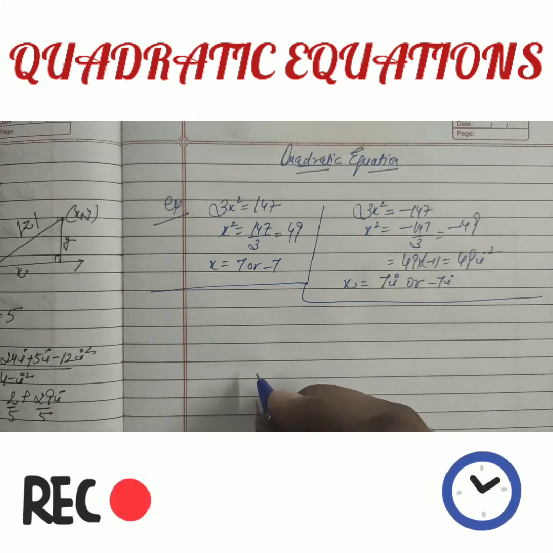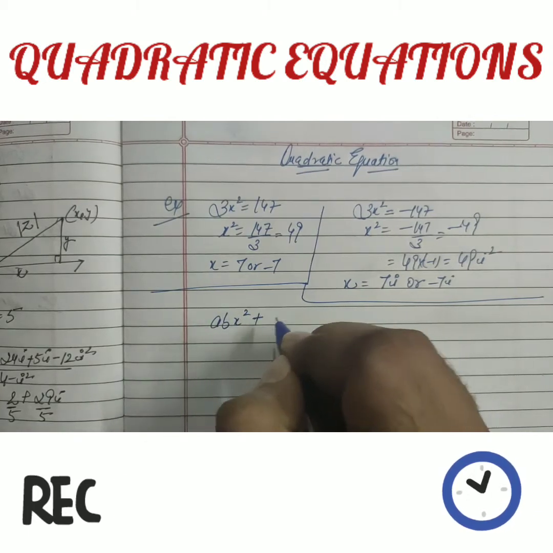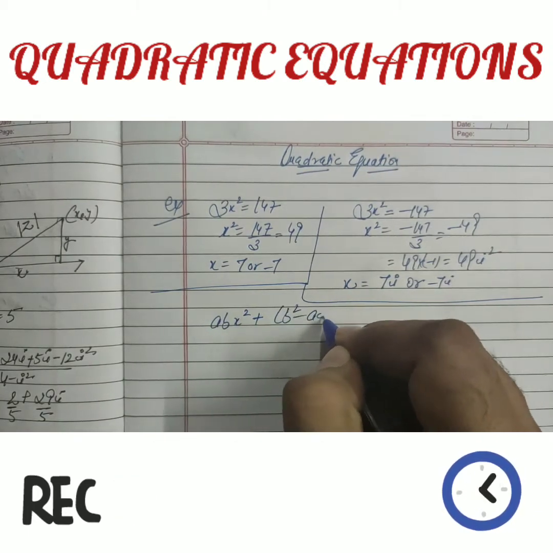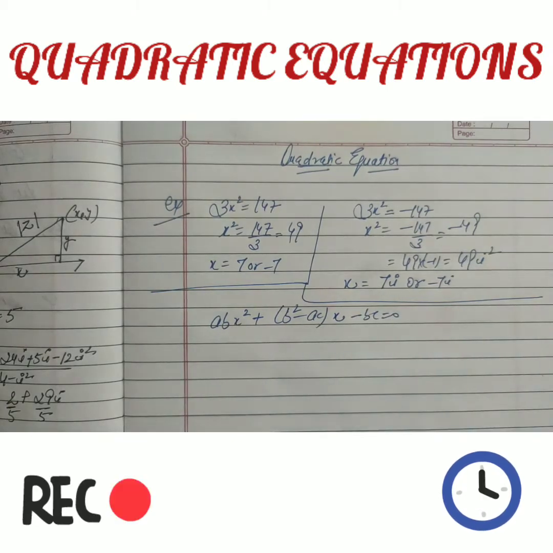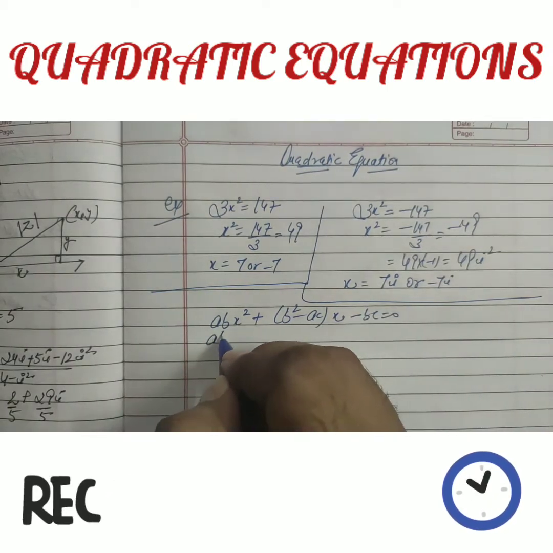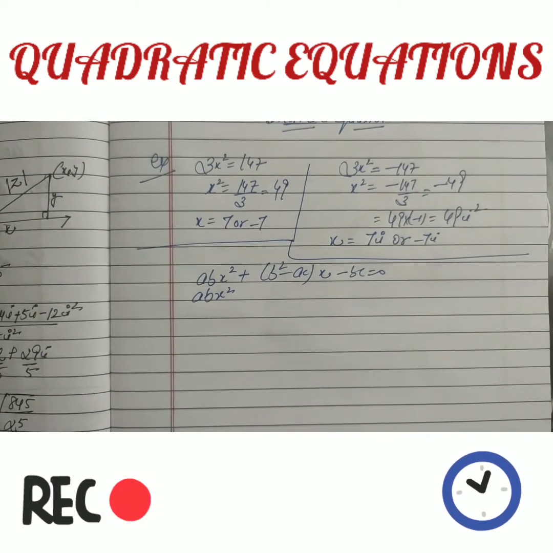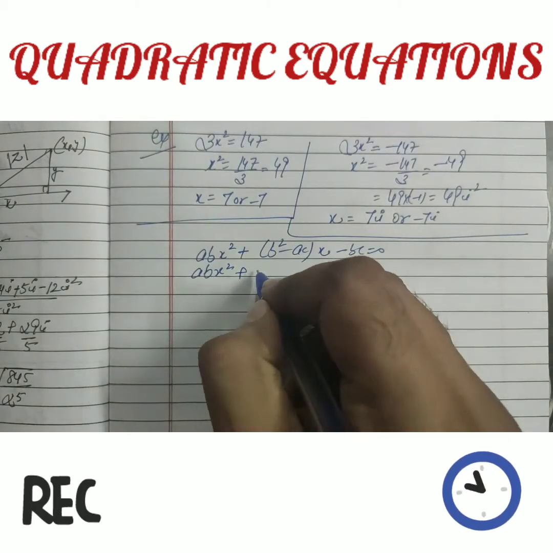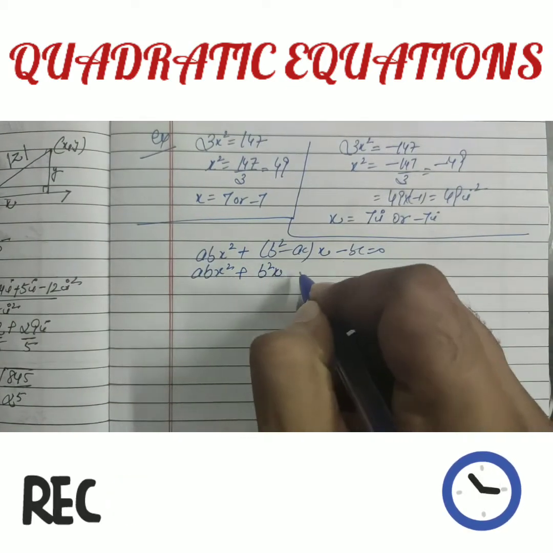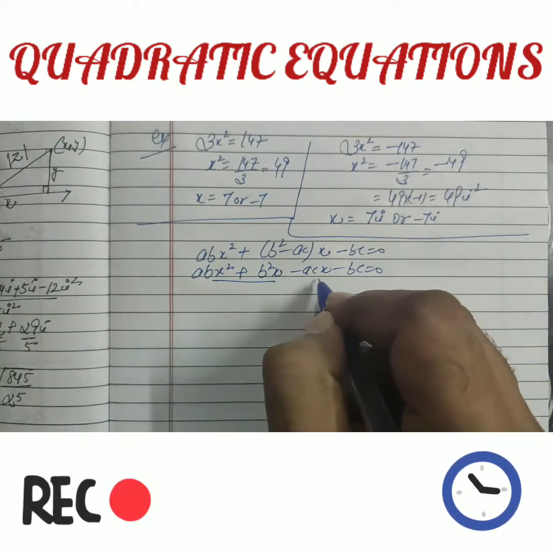For example, we have given abx² + (b² − ac)x − bc. We have to solve this one. Whenever we get two terms in the middle, we make them separate first, because it is already given. Splitting the middle term factorization method. We break it first. Now making the pair.